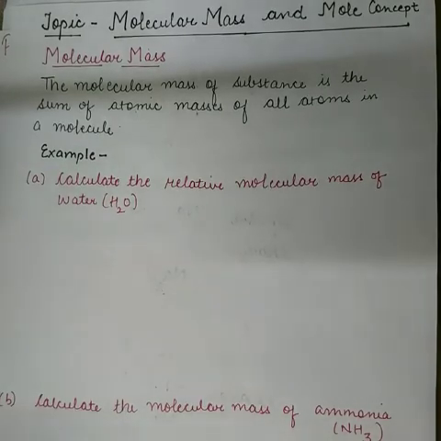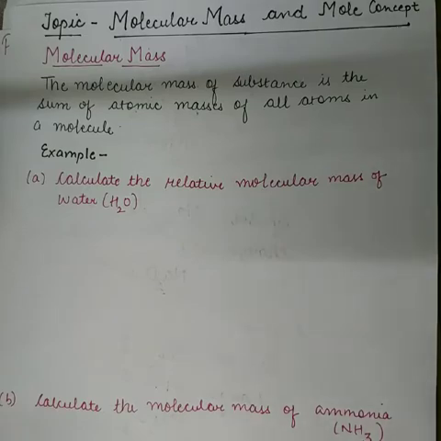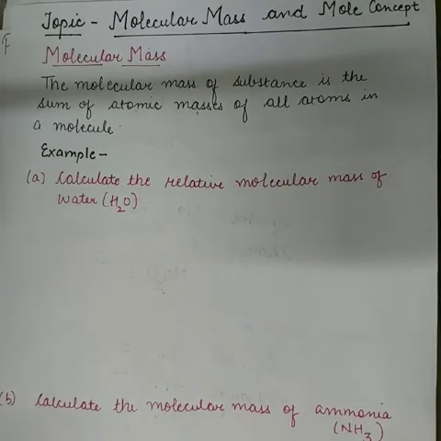Whatever atoms are present in a molecule, we add up all their atomic masses and we get the molecular mass of the molecule. For example, I have a water molecule. Now the water molecule is H2O, right students? How many atoms are there? 3 atoms, 2 of hydrogen, 1 of oxygen. So I have to add the atomic masses of hydrogen and the atomic mass of oxygen. When I add up, I will get the molecular mass of the water molecule. So let us do some examples, then this concept will be more clear to you.